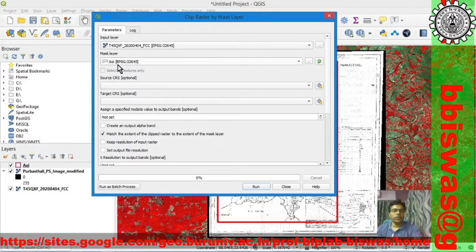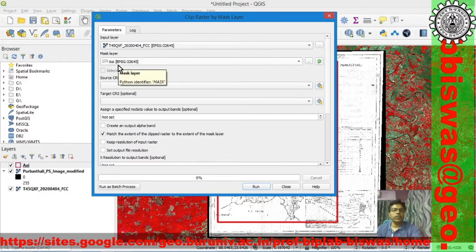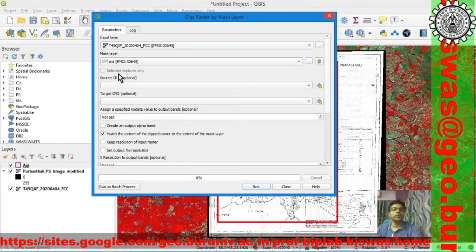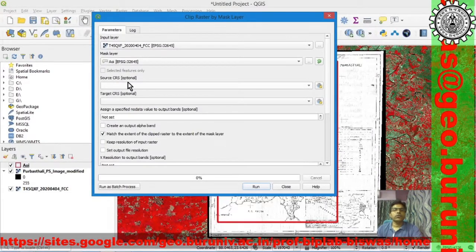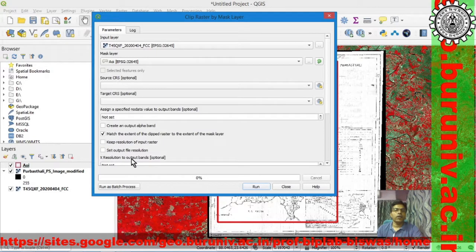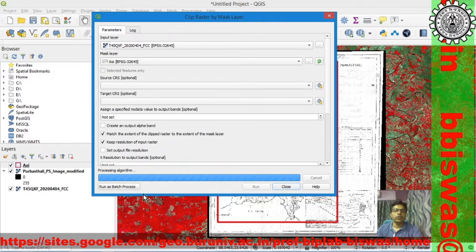Mask layer is AOI, that is the layer we prepared just now, and source CRS reference system, yes, of course it should be, and that is very important. We should keep the resolution of the input raster layer. So hit the run button, it will do the subsetting for us.